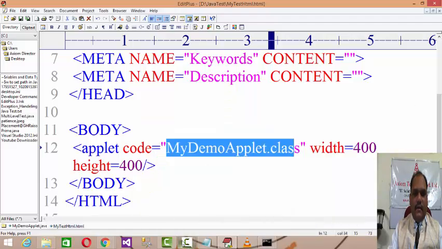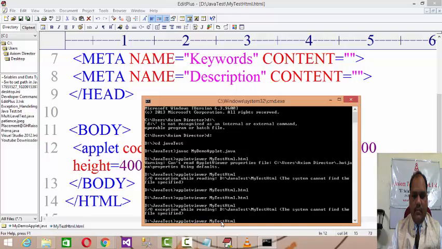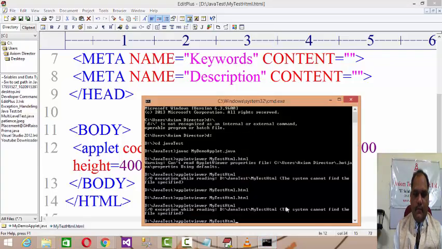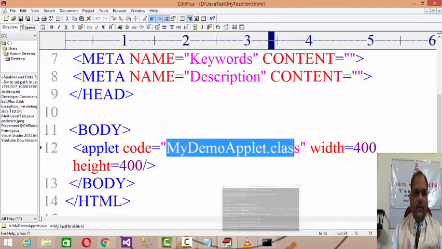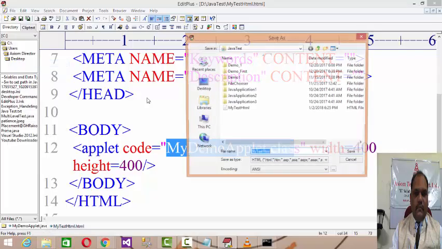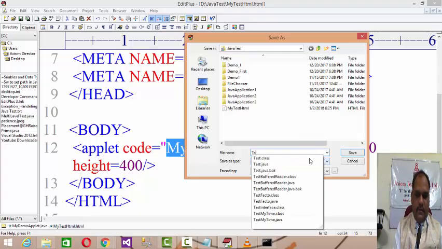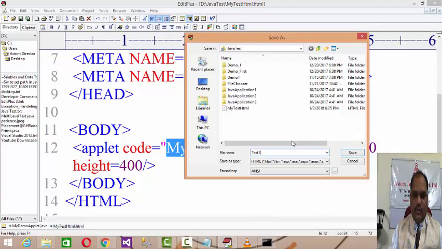Now let us try and execute it in this way. Java test appletviewer my test HTML. Okay. It has to run. Okay. I'll save it by another name. Save as test only. Specific name, test only.